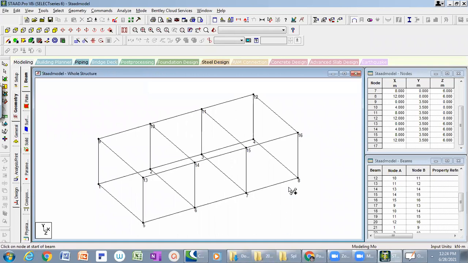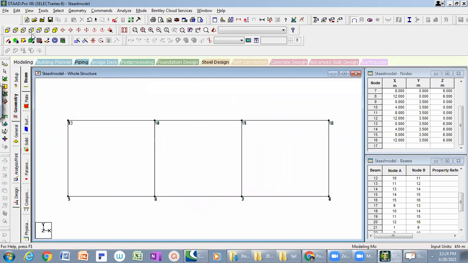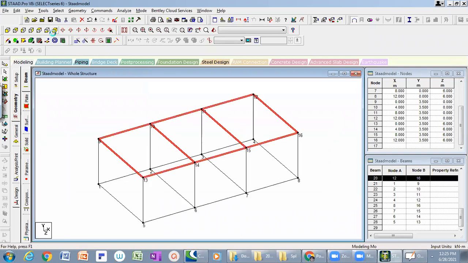Right. So we have connected the nodes at the lower level with the nodes at the floor level. അല്ലേ, ഇത് floor level ഉള്ള beams ആണ്. I'll highlight those beams over here. So whatever beams you see now, if I am taking an isometric view of the structure, whatever beams I have highlighted are the floor level beams, and whatever beams are not highlighted